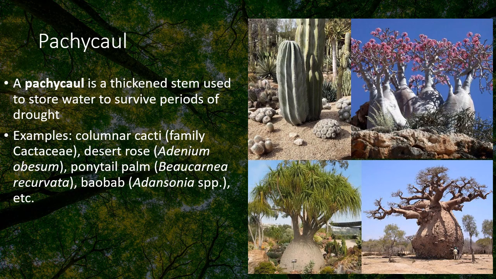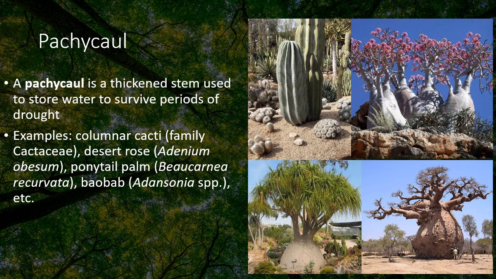And then a really familiar example as well for anyone who's watched The Lion King or the movie Madagascar will be the baobab trees. These are trees in the genus Adansonia. In this bottom right-hand corner, we can see a baobab tree, and you can compare the trunk to the people standing next to it. Baobabs have extremely thickened trunks that are full of water. And